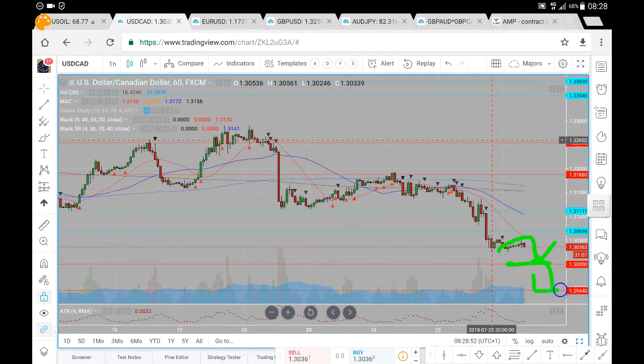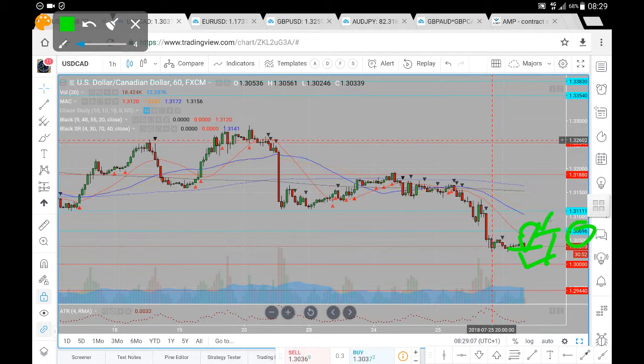If we're not able to find support at 130, looking for a move down towards that 129.44, which I'd expect to be the far end of the range here to the downside on the USDCAD. If, however, we do turn around from where we are at present or at 130, we're looking for a retest of the 130.70, successful break from which, and we're looking for a test of the